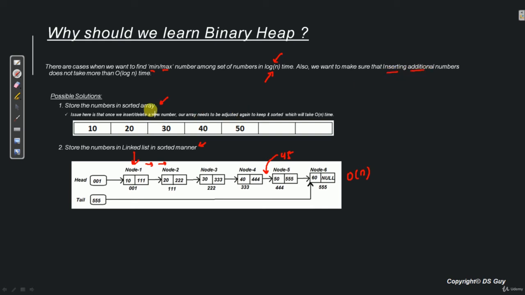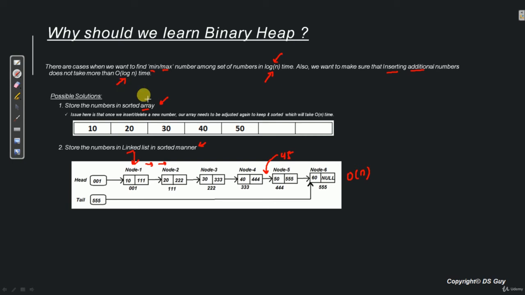In that case, we already saw that array as well as linked list both failed because both of them were giving order of n complexity, whereas binary heap guarantees us that it can do that in order of log n time. So now I hope you have understood why we need to learn binary heap.